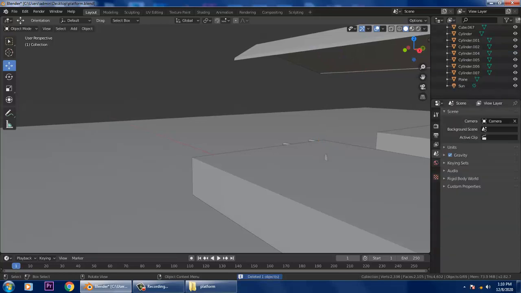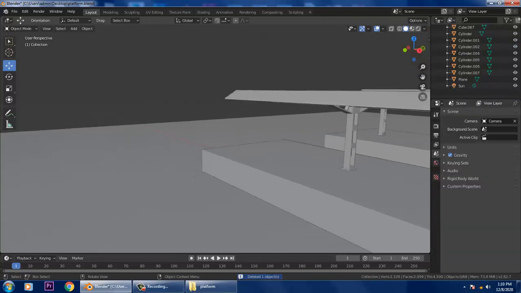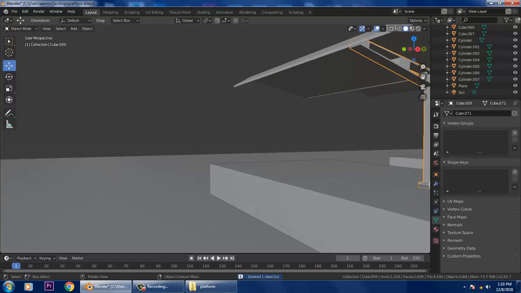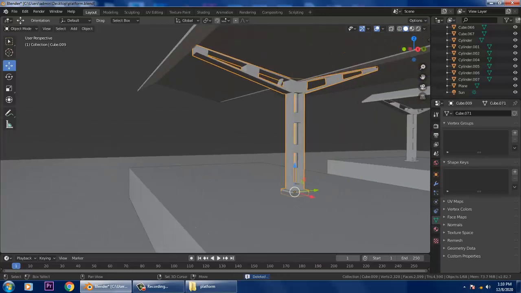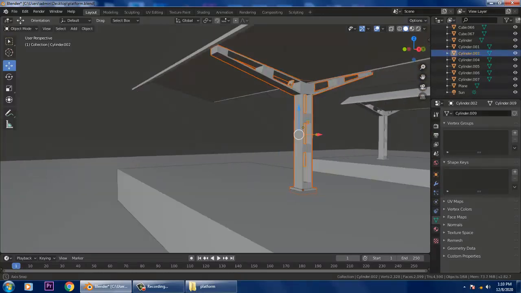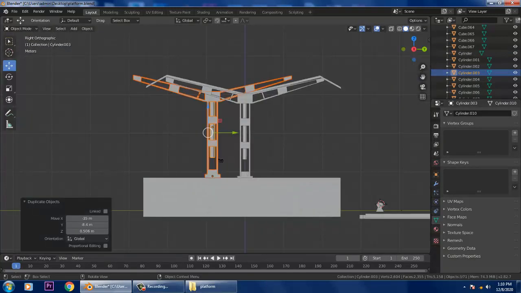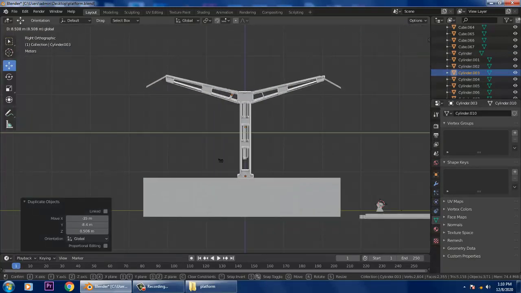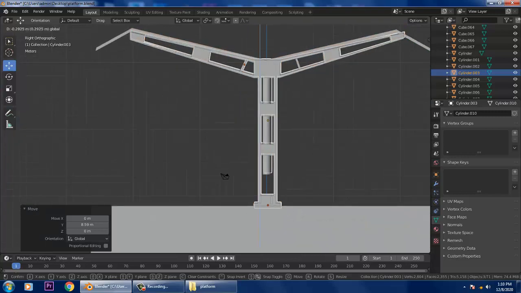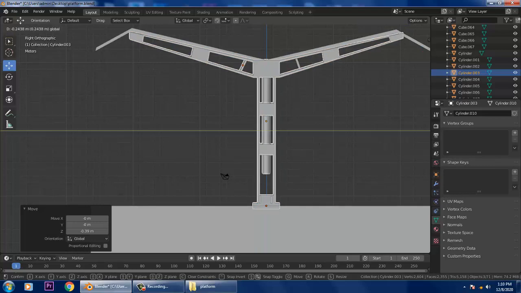Whatever is required, please keep it. The things which are not required, you can easily delete. So just drag it over here, slightly push it over here.